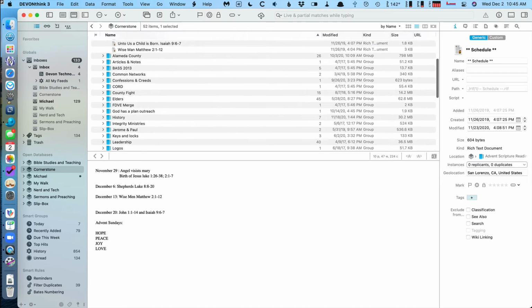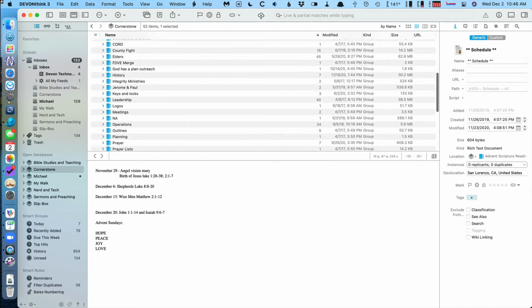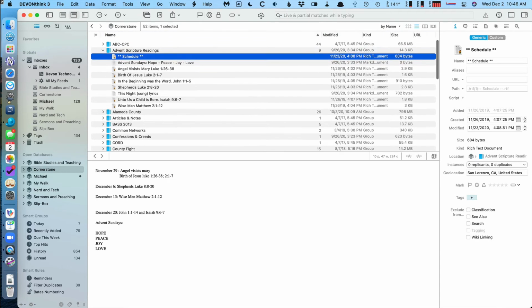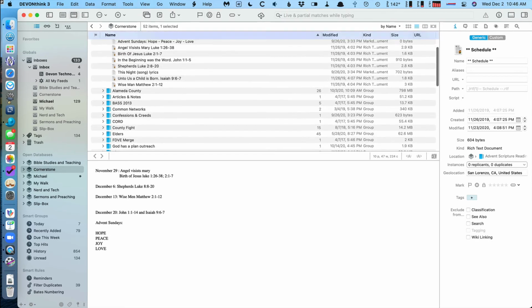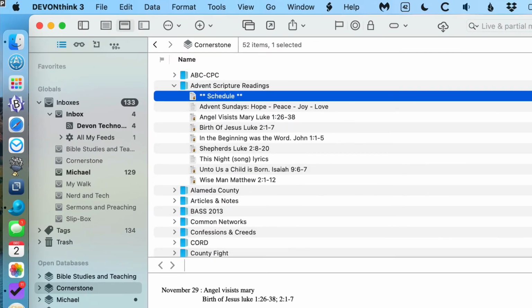So this is my DevonThink setup on the Mac. I create a folder for everything by type. Currently, as I said, the information from the Christmas season. This is my Christmas data in DevonThink.